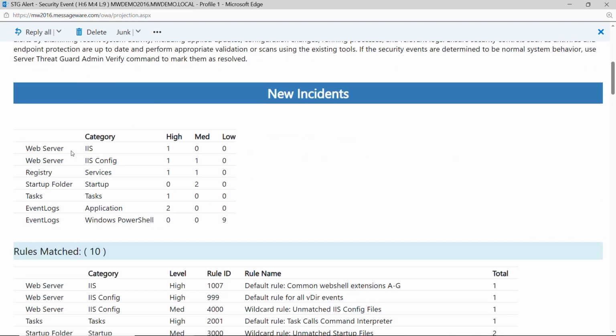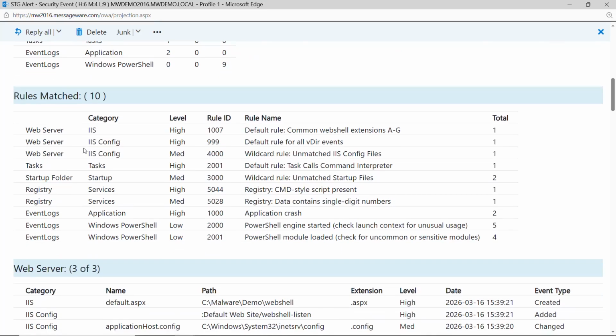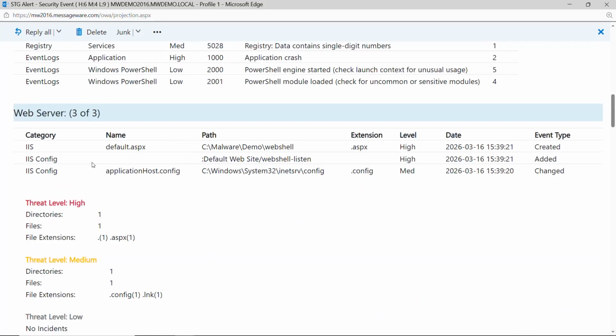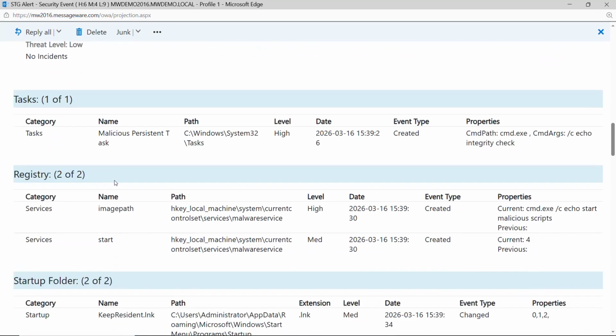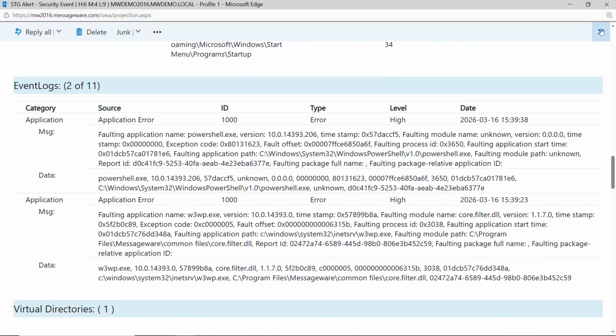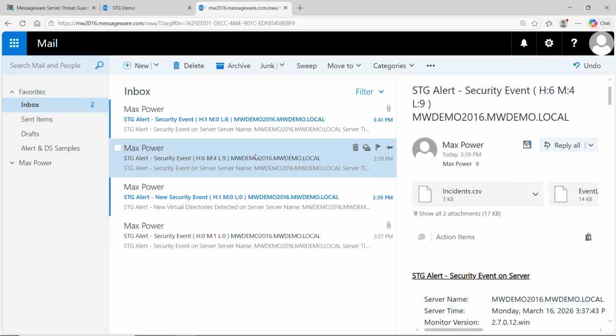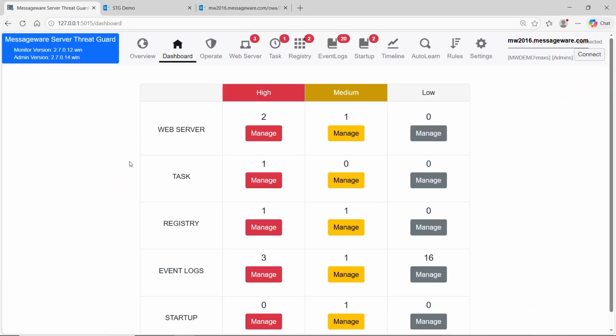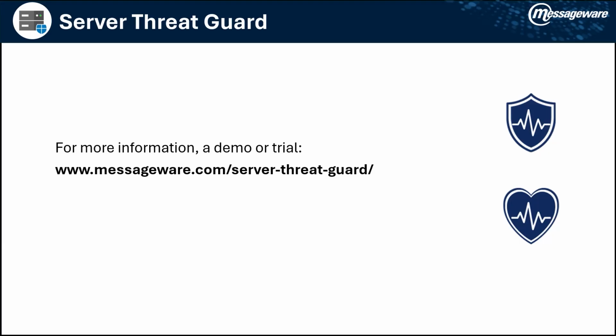potential security threats by category, web server, registry, startup folder, etc. It will tell you which of our security rules were violated in each category. And finally, it will go into some details about specific threat type file locations, whether they were created or added, the file names, the directories, and so on, and other information that will be necessary to check these things out and either verify them as safe or take appropriate action to reduce the security threat. So it's very fast, essentially instantaneous, provides all the information the security team needs to react to these types of threats quickly, and to get ahead of security threats.